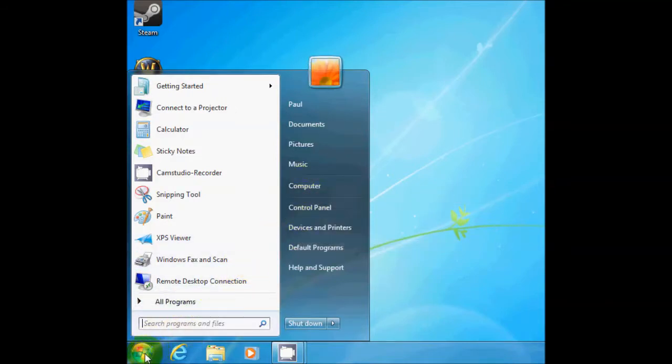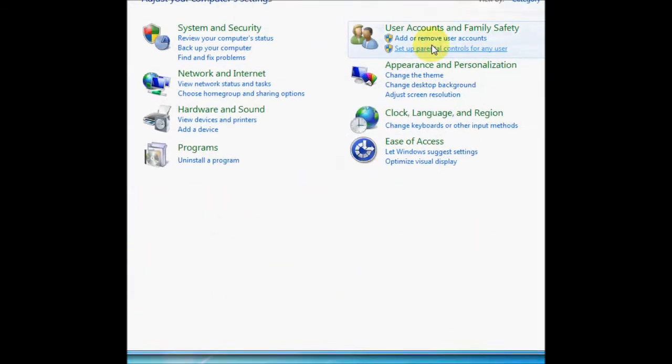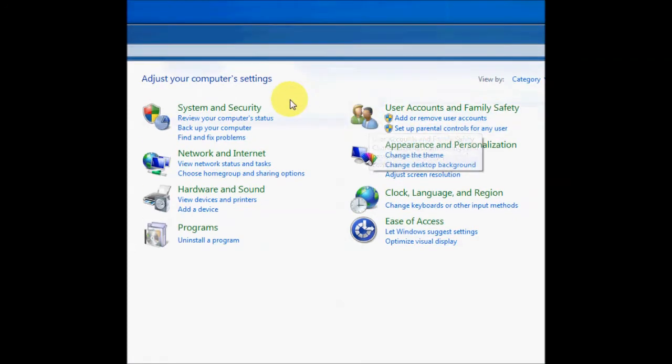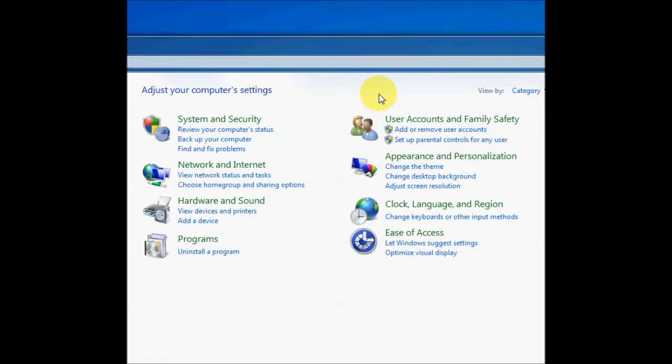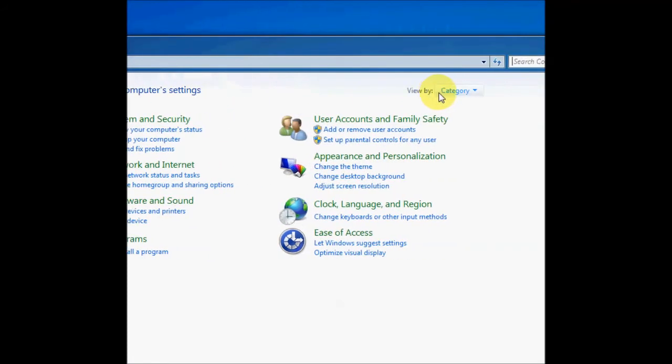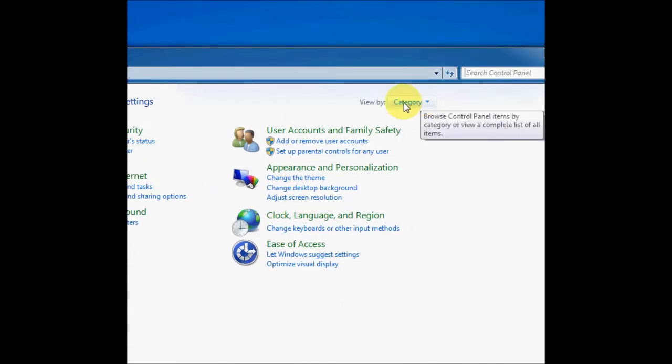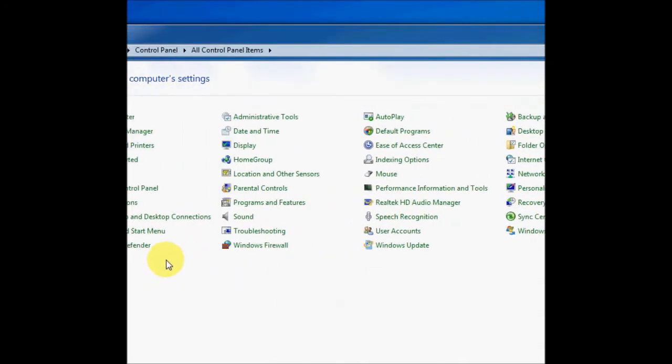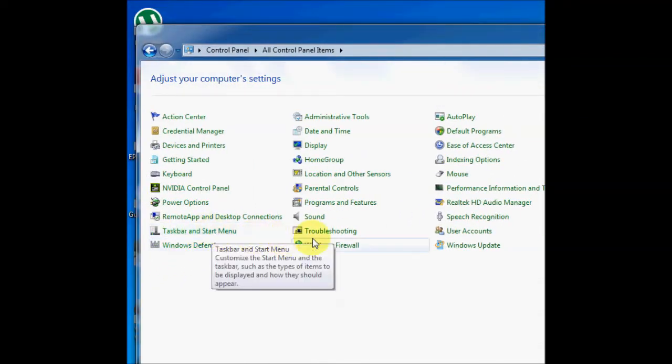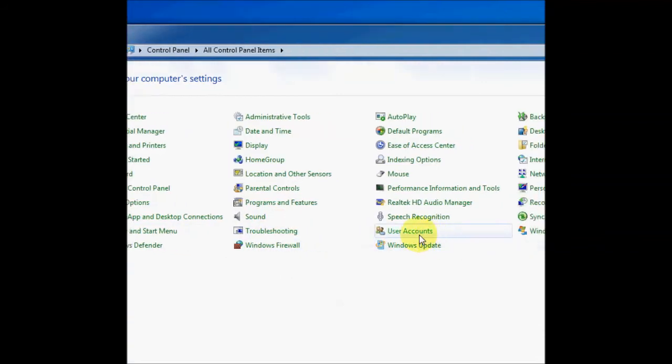So to do that, you go to Start down here, Control Panel. You'll see this open up. This is your control panel. This is what most people have it set on their view. I personally don't like that, so if you want to change that, you can go to Category here and change it to large or small icons. It just breaks everything up, so everything's just like one click away pretty much. Alright, so you want to find user accounts, so you click user accounts,